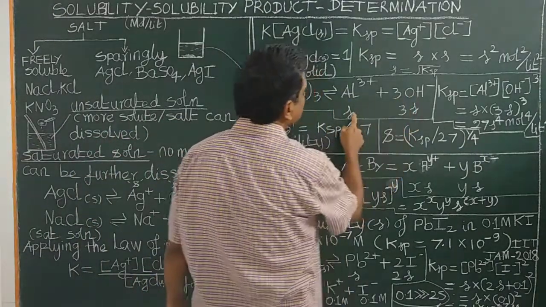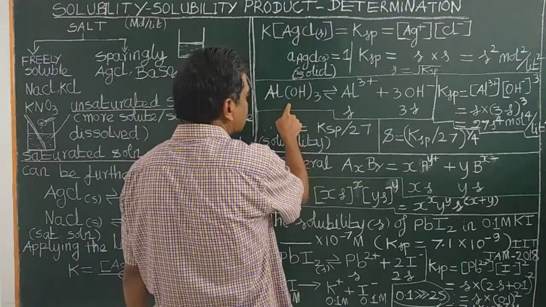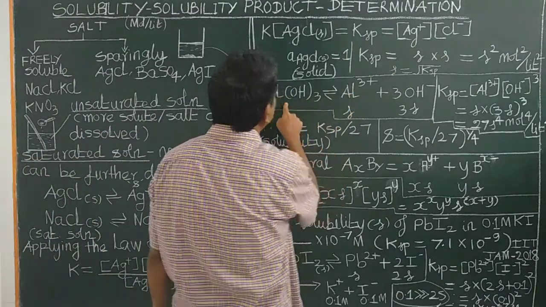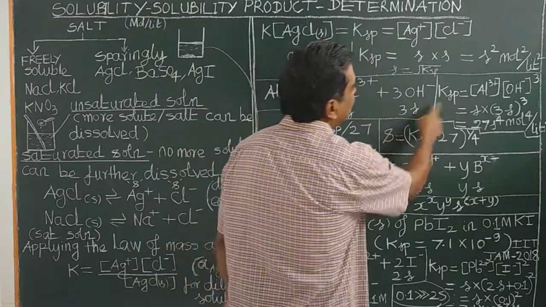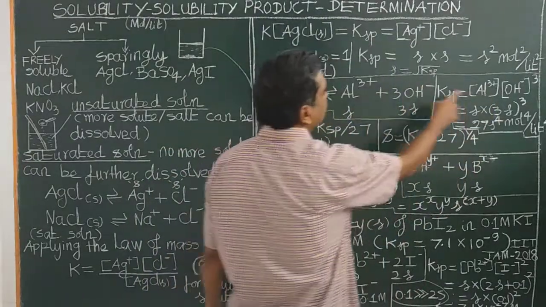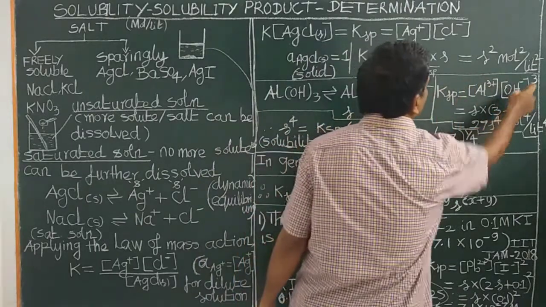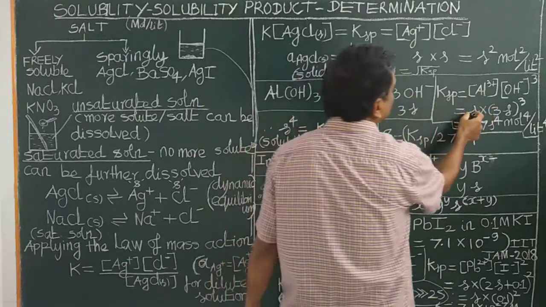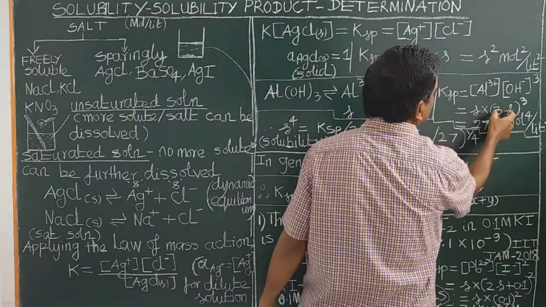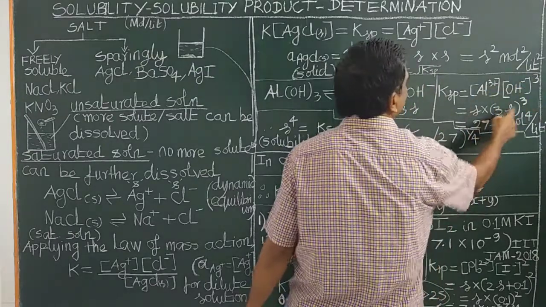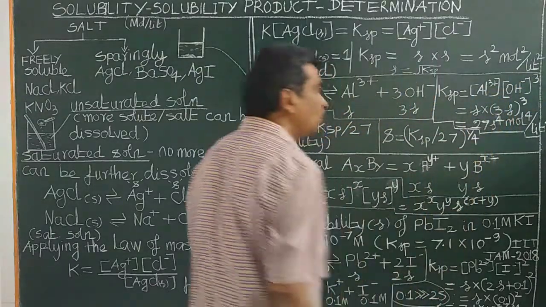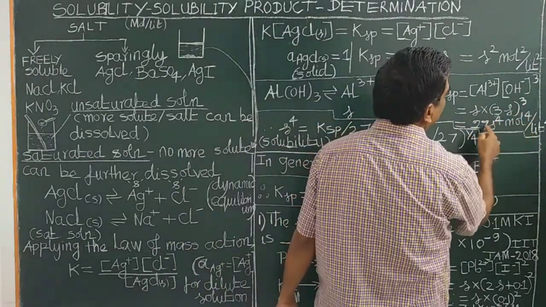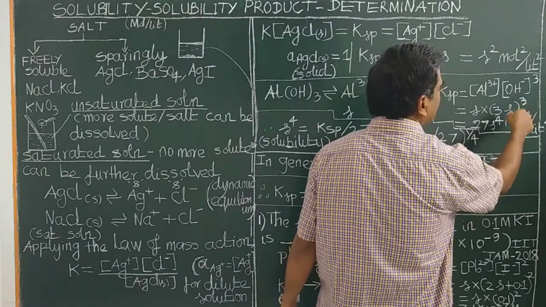Al(OH)3 gives Al3+ and 3OH-. S moles per liter of aluminum hydroxide is soluble. Therefore, the concentration of Al3+ is S, and since 1 mole gives 3 moles, OH- is 3S. Ksp equals the concentration of Al3+ times OH- cubed. Therefore, Ksp equals S times (3S) whole cubed, and 3 cubed is 27, so we get 27 S power 4,